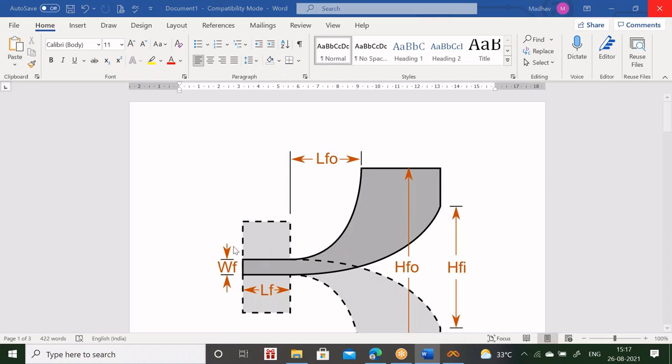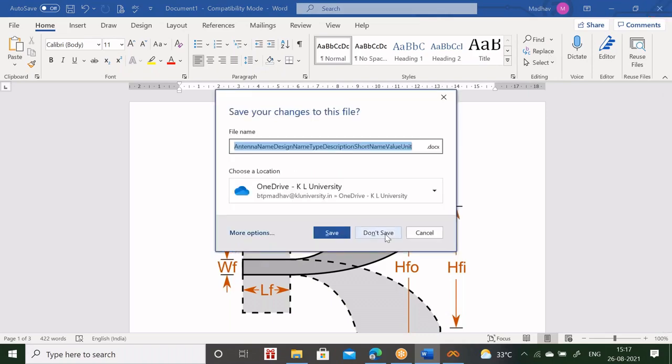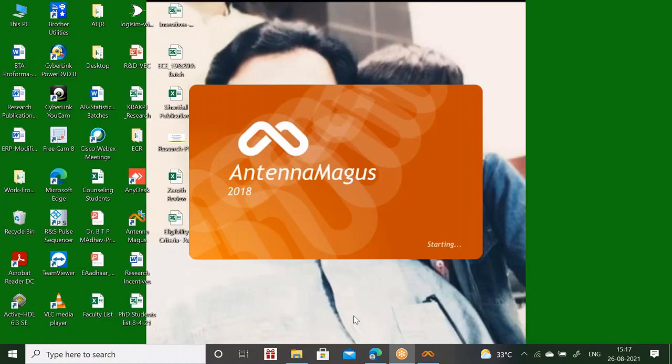Sir, in the post processing, how can we insert legends for multiple iterations? Yeah. In CST, when you place multiple results, for example, you are doing a parametric analysis. Suppose the width of the feed you are changing, you kept 1 mm, 2 mm, 3 mm, like that. So four different values you want to check. In that case, CST Studio directly takes it.